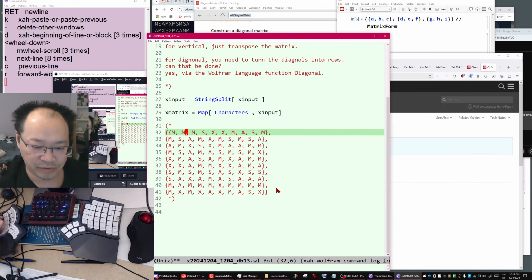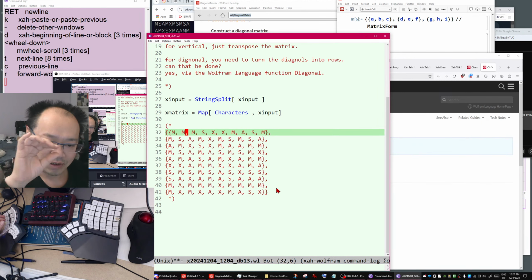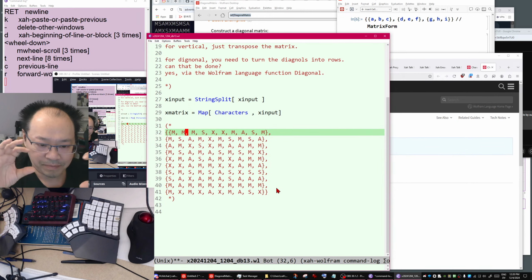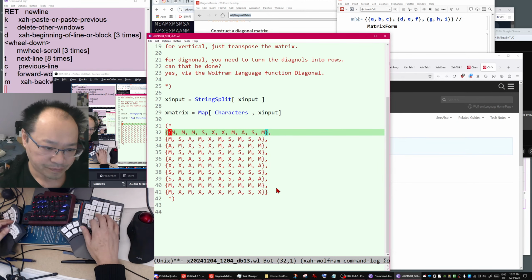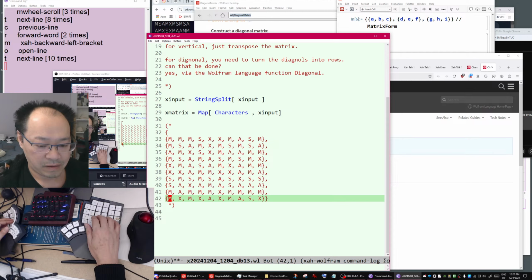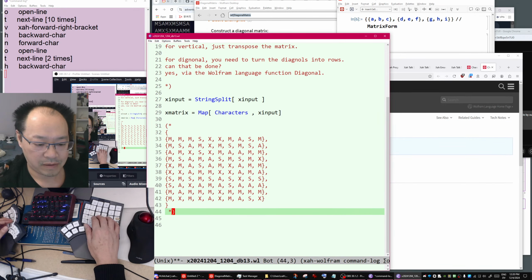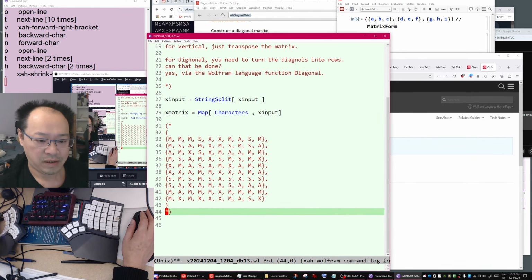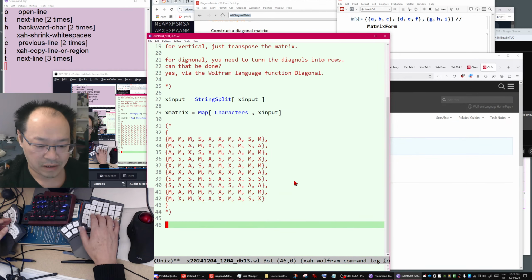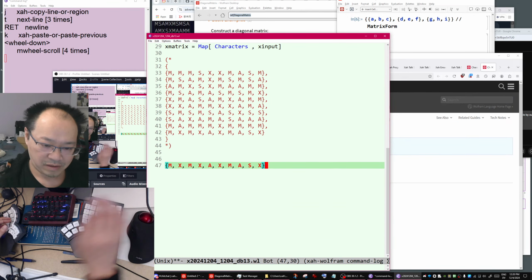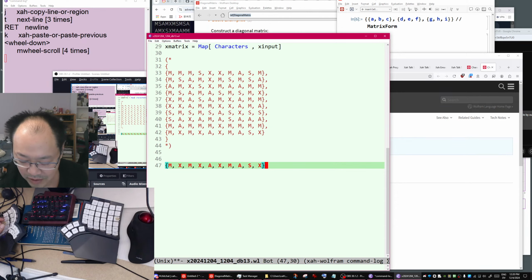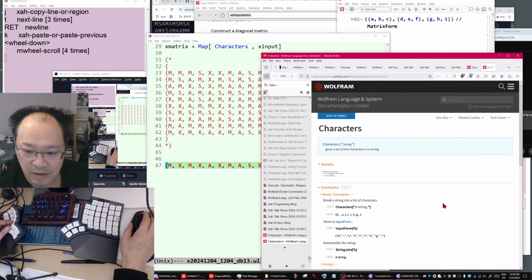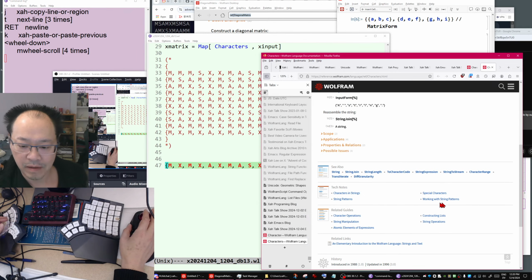So you have to turn it into a matrix, then for each row you put them back into a string. That's doable. So now the task is, how do you turn a list of strings back into a string.